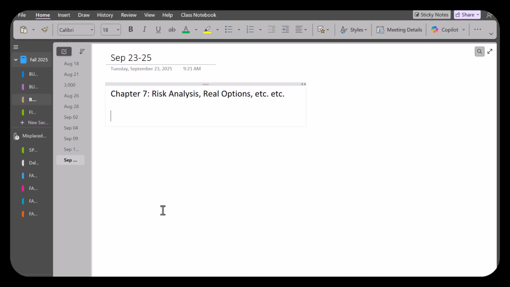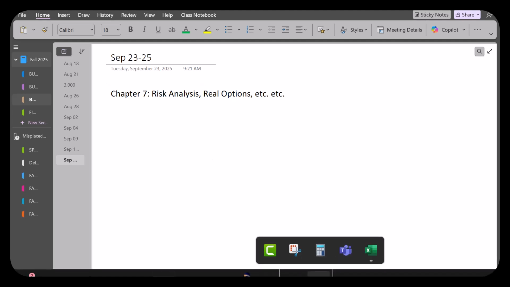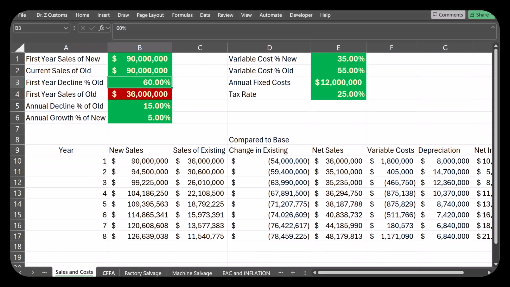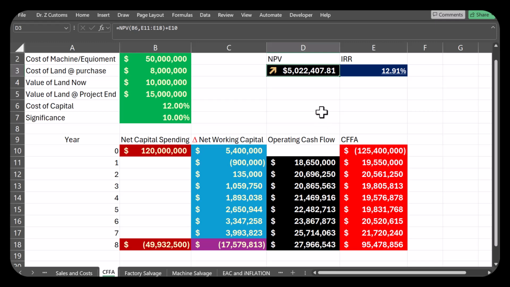If you remember from our last time, based on the parameters we had, on that example, we had a positive $5 million in NPV. It's not too high, but it's not too bad either. I mean, it's in the yellow zone,